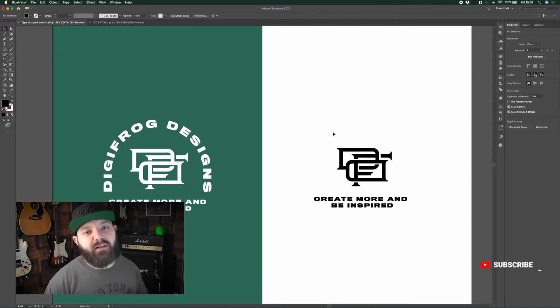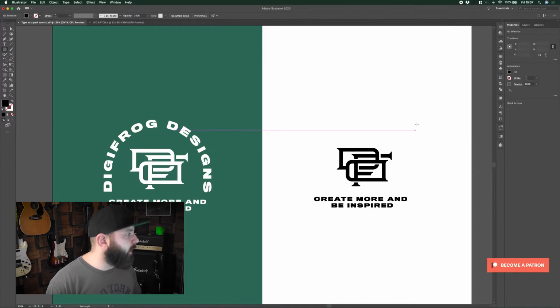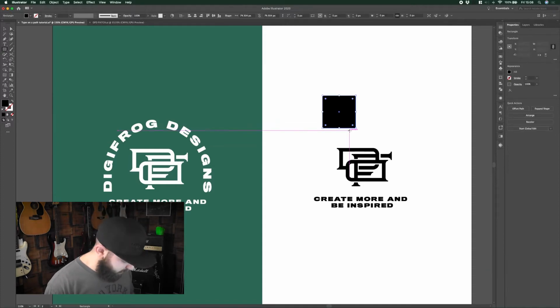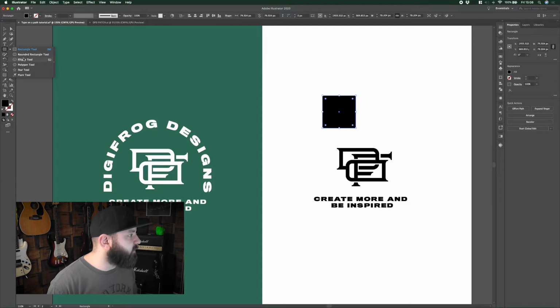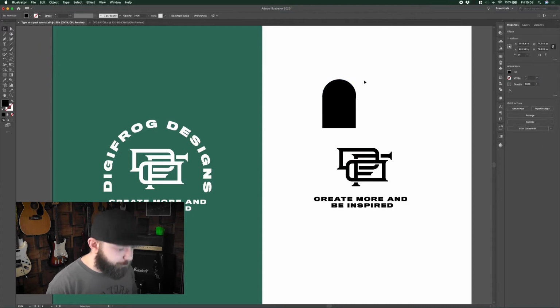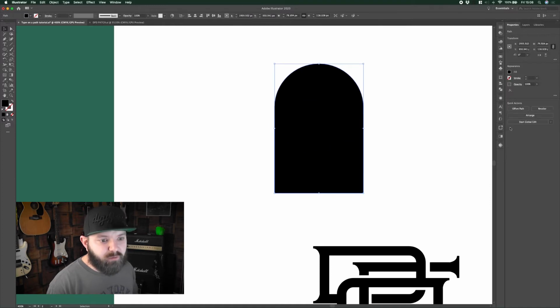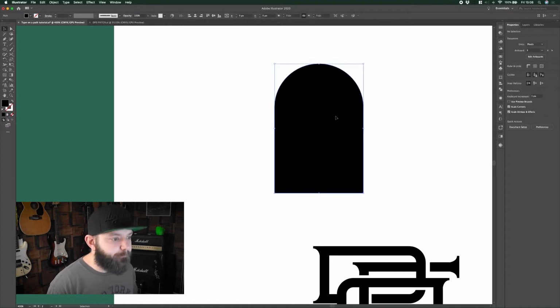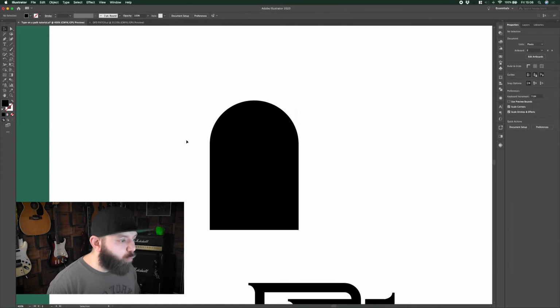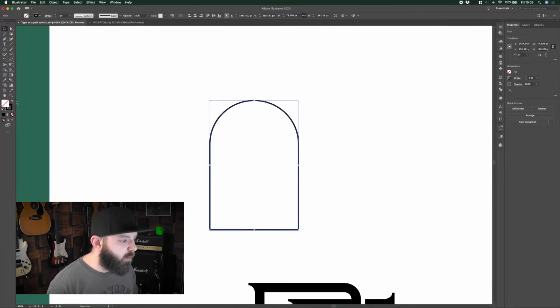The first thing that we're going to need to do is create the path that we're going to type along. So I'm going to create a little tombstone shape out of a square and a circle. Get that on that line there, and then I'm just going to use the Pathfinder to unite them. Once I've got my tombstone, I'm just going to switch it on to stroke so we can just see the outline,